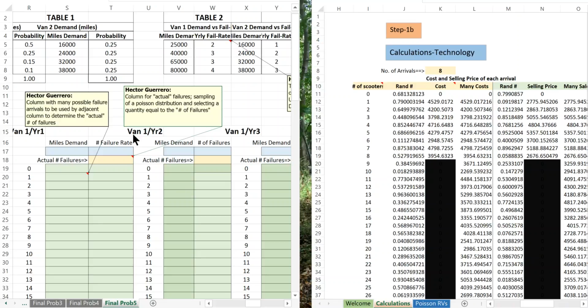The same thing is going on in this workbook, which is problem 5. I've switched the cost and many cost. The many cost is going to be in this particular column, and then I will place a statement just like I did over here. If you look at the function here, it says count only up to the point where you've got as much as the index. The index is going to be the actual failure rates that you sample from the Poisson distribution